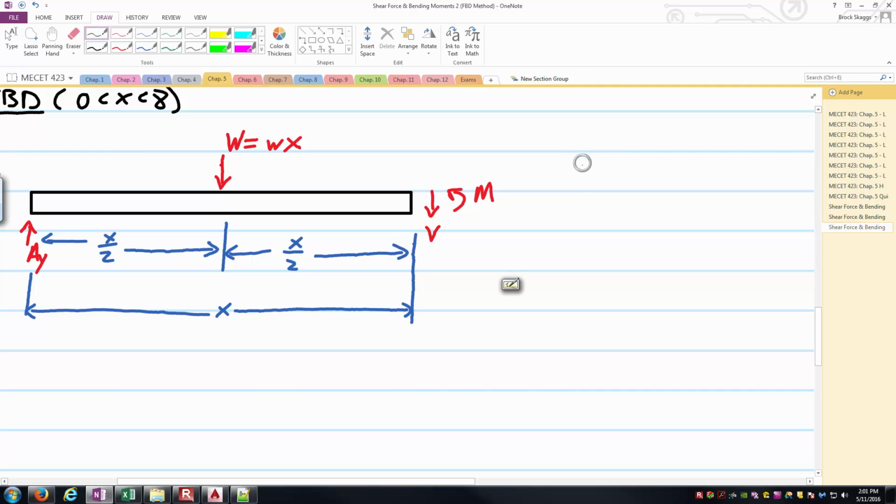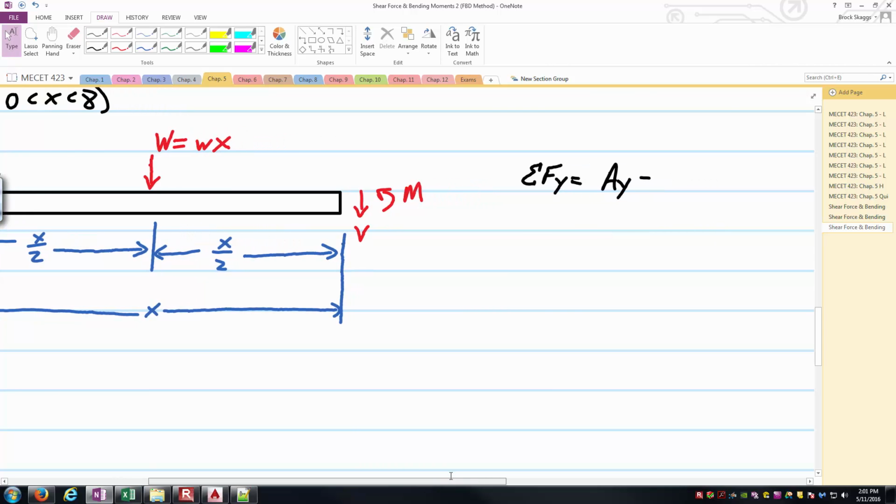Here, I can just go ahead and start with the equilibrium in the vertical direction, so sum of the forces in the y. And I can say, well, it's plus A sub y minus capital W, or I could put minus lowercase w times x, is the way I'll write it here. And then minus V is equal to 0, because V is directed downward. And here we're using the convention that positive is upward like we usually would. And so V, I can say here, is equal to negative lowercase w times x